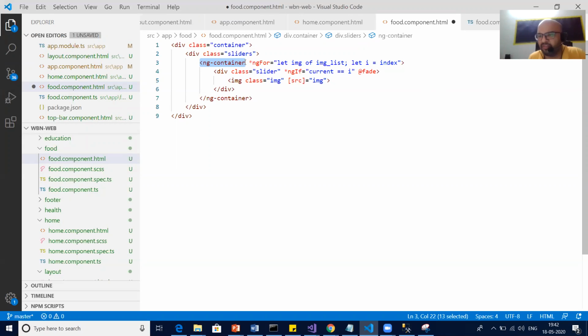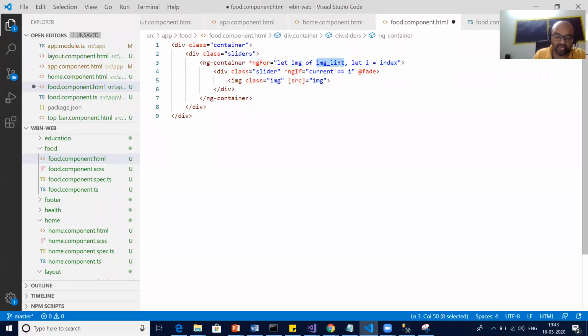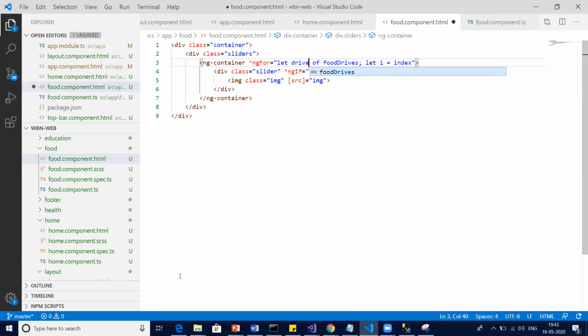The name ng-container itself defines its meaning: it's a container, which contains. So this you all know, *ngFor, it's a for loop directive. Now the object name we have is food drive, so here I'm putting food drive, and then drive.